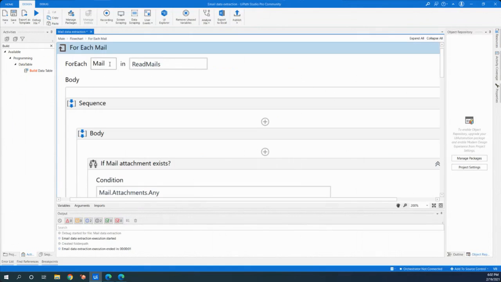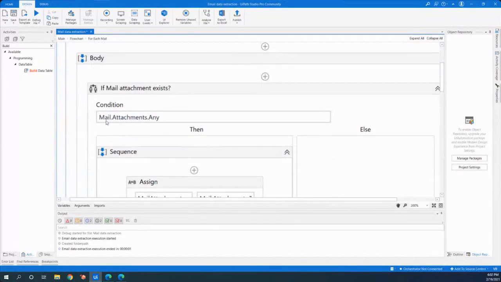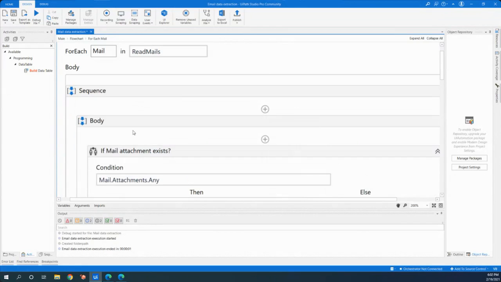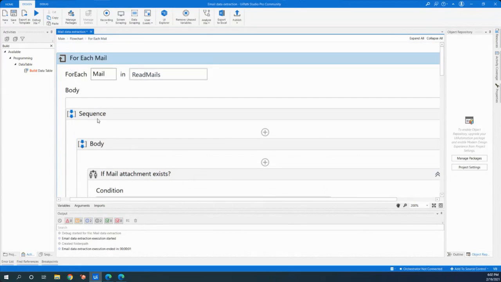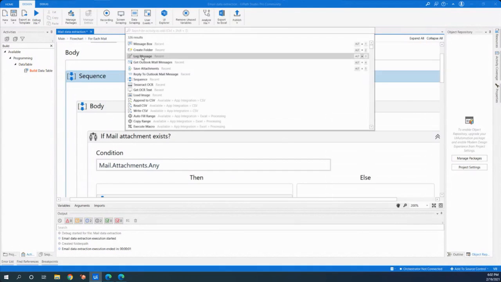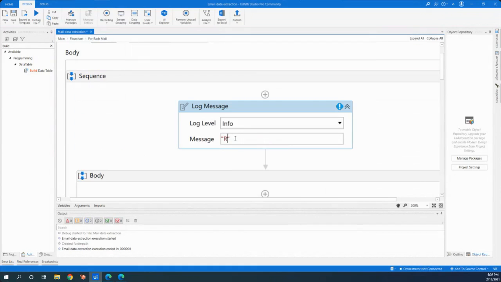So for each mail in read emails, I'll again build a sequence and check if mail dot attachment any. So you might be thinking why you are writing all of these things. Once you get used to the tool of UiPath Studio, these things will automatically come to mind. The first time it looks complicated, the reason being there will be an activity inside another activity inside another activity. That's the reason it looks complicated, but it's pretty simple. All you need to do is click on this one, select anything from here, and type it. So it should be pretty easy,